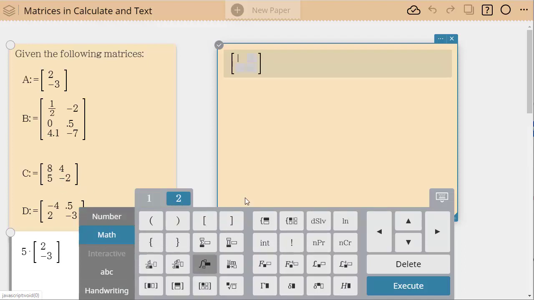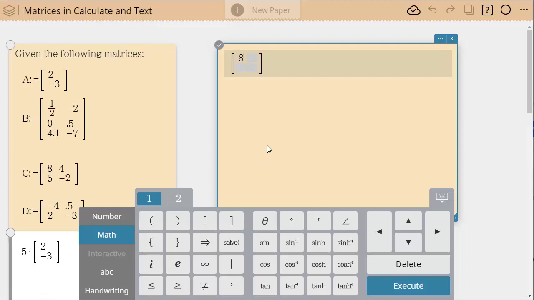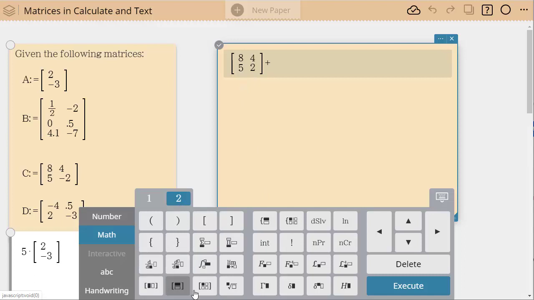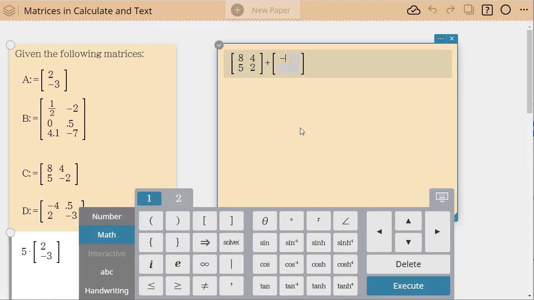So let's enter C, and C is 8 plus 8, 4, 5, -2, and then I could show that I'm going to be adding them, and then add in again math template 2, the D matrix, which is -4.5 and 2, -3. And then put an equal sign, and I could actually have them show their work.